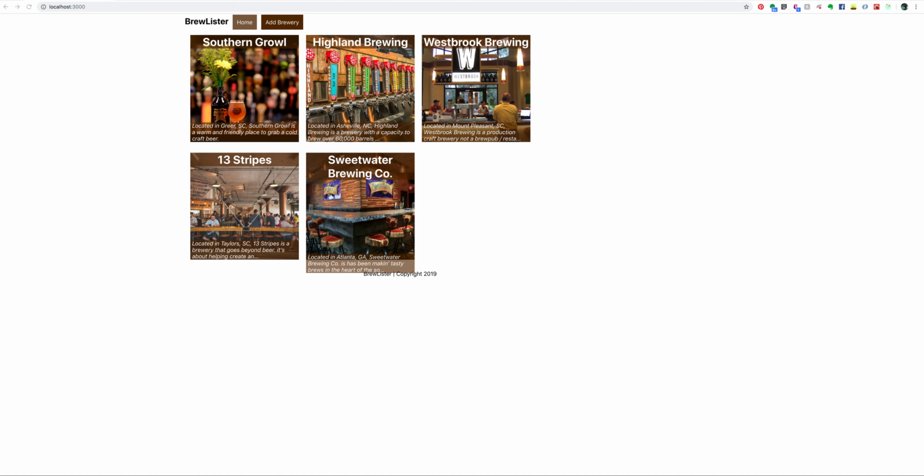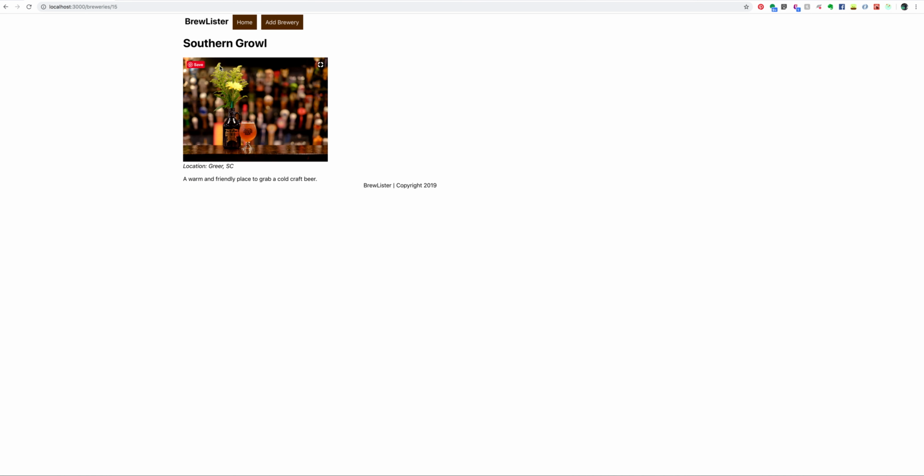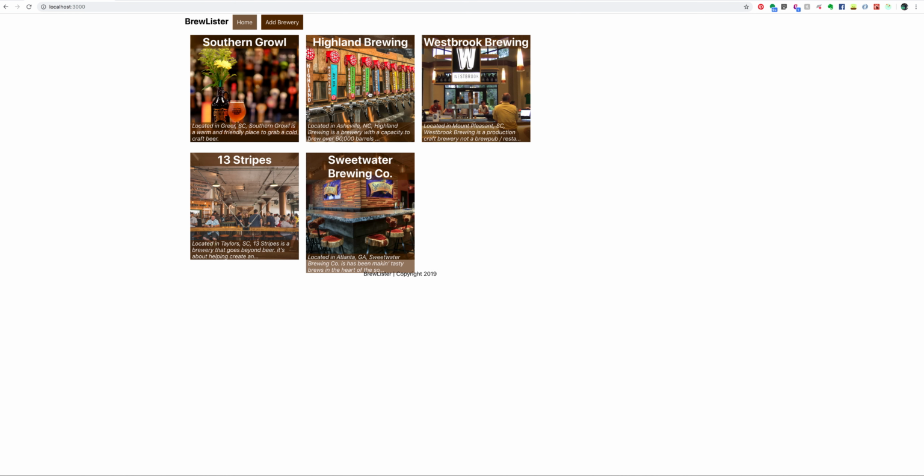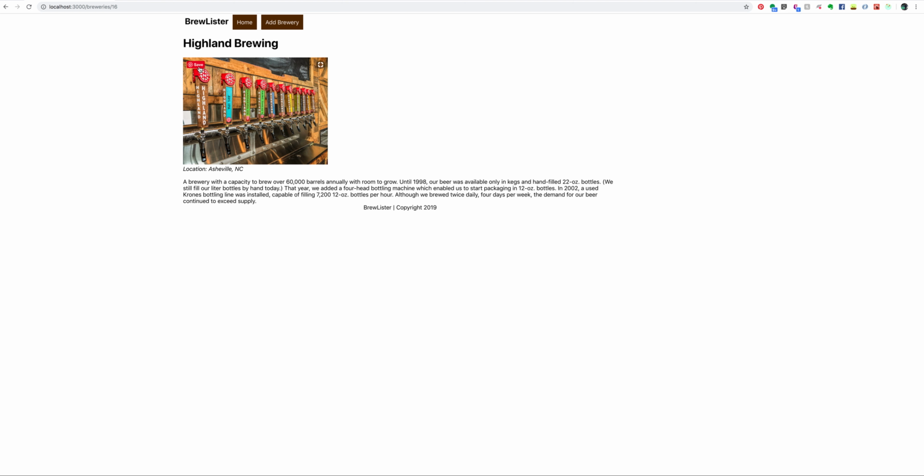But yeah, while that's loading, other cool features of it are you can click on it and load up a single page. It has the ID, Southern Growl. It's got the picture, location, Grove, South Carolina, description, a warm and friendly place to grab a cold craft beer. We click home again, Highland Brewing Company, again the name, nice picture, location Asheville, the description. At the top I have a nav bar, that's a component,